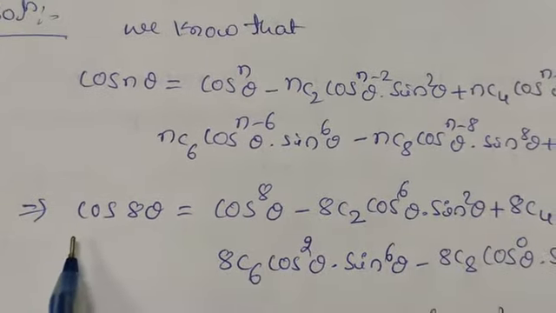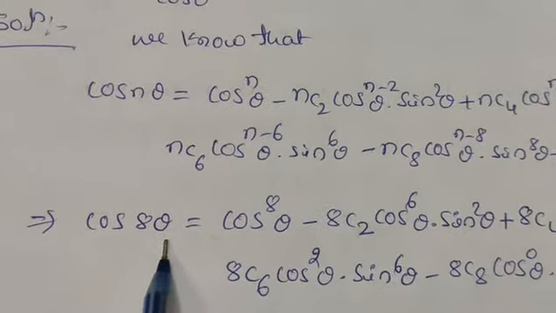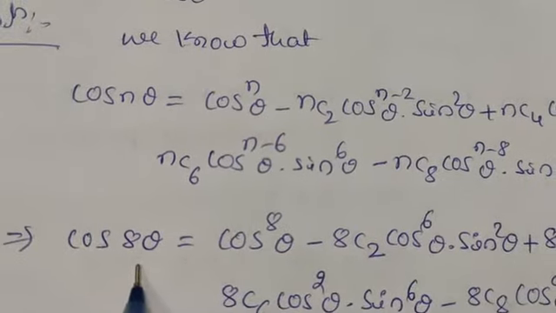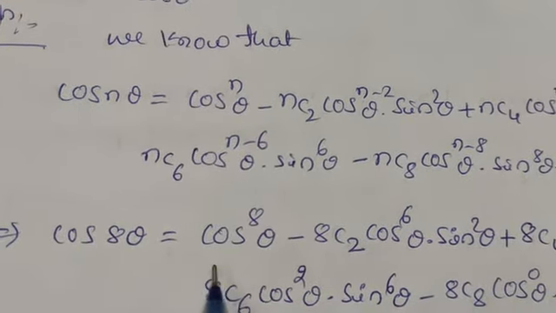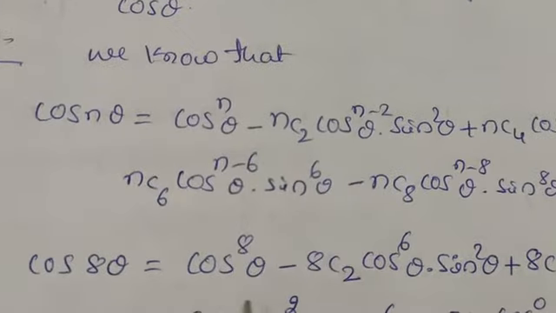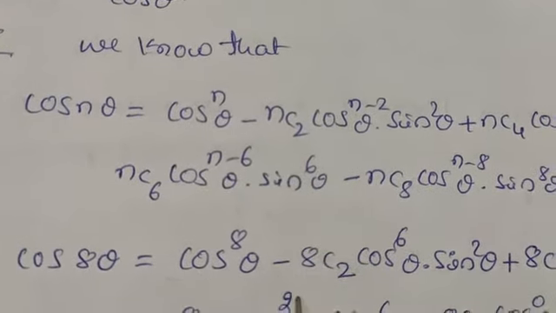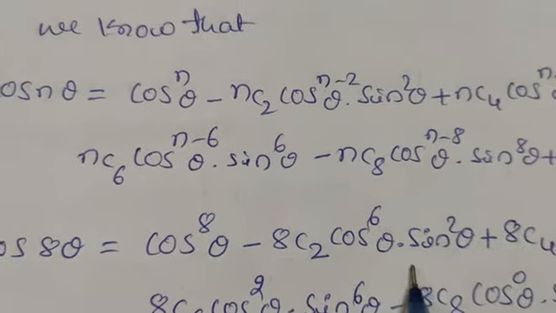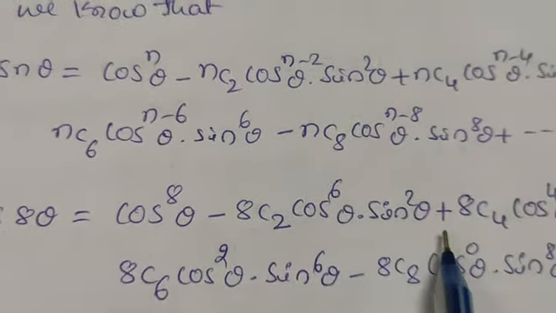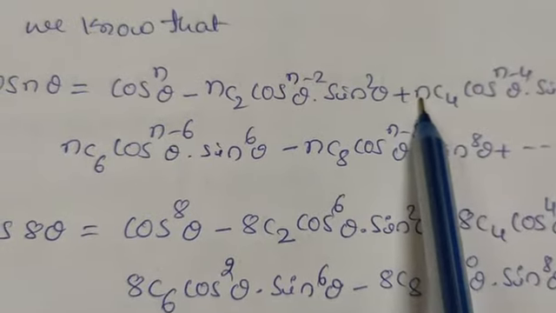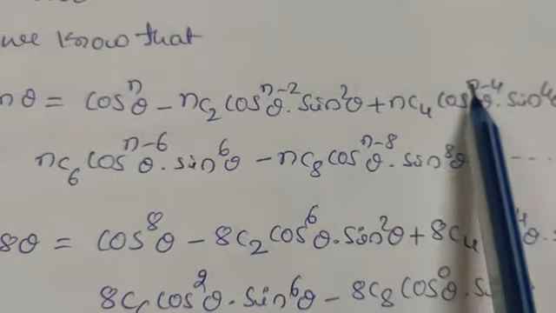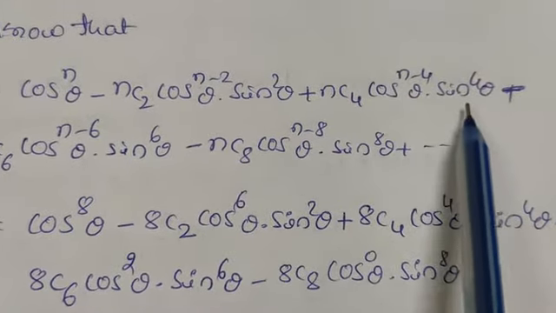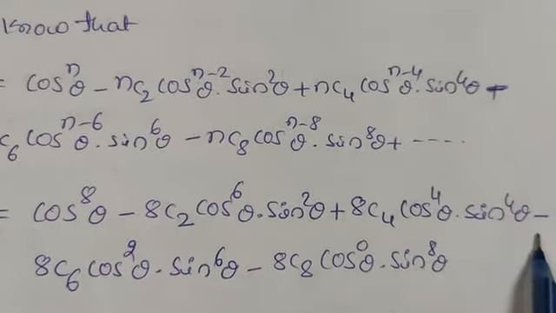So here we want the solution of cos 8 theta. In this formula you just replace n by 8. So in RHS also you have to replace n by 8. So we will get here cos 8 theta minus 8c2 cos to the power of 8 minus 2, that is 6, cos 6 theta into the sin square theta as it is. Then plus, in place of n you have to put 8. So it is 8c4 cos to the power of 8 minus 4 is 4, cos raised to 4 theta into the sin raised to 4 theta as it is. Then minus